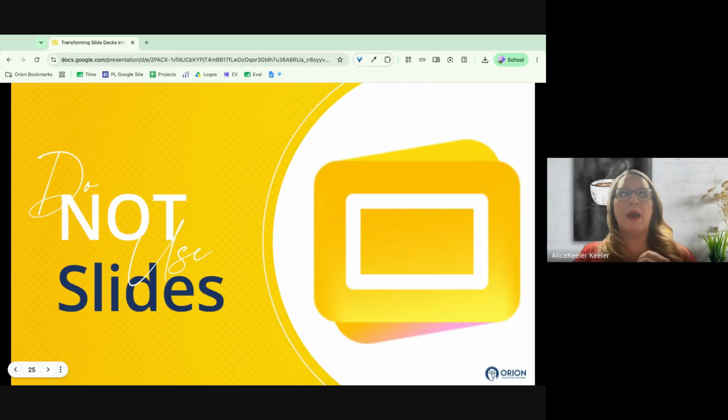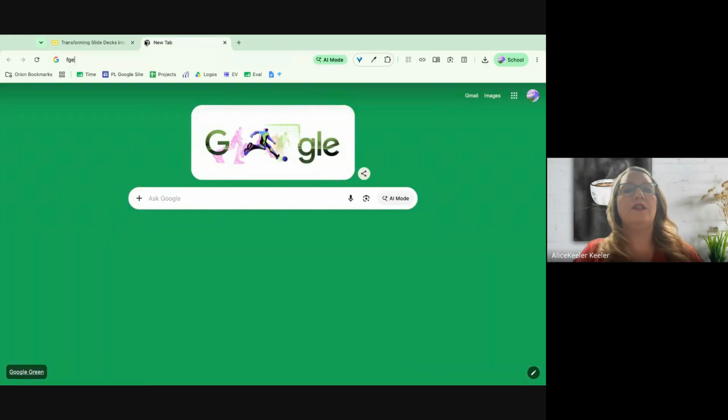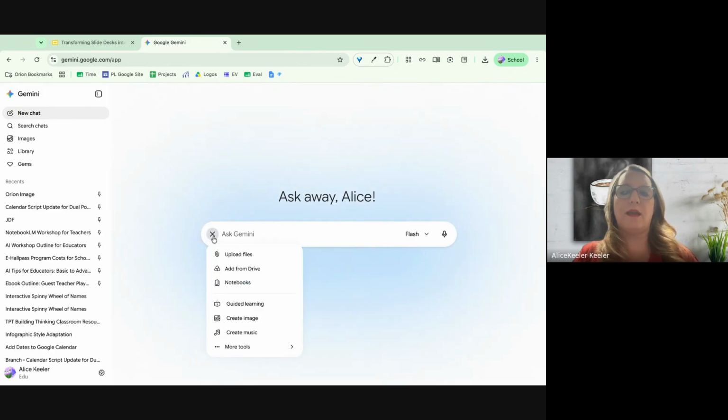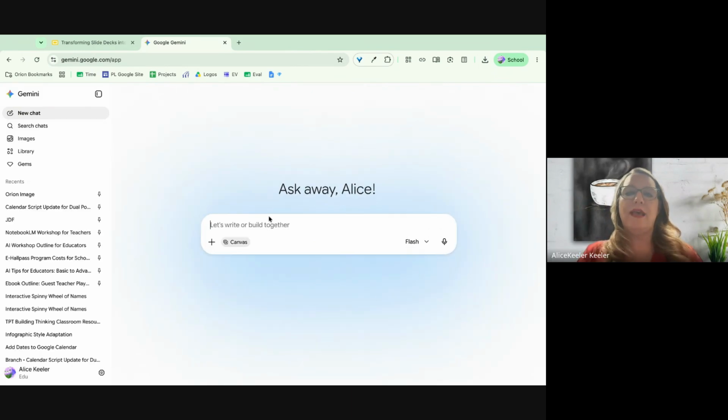One thing I was thinking about is using Google Gemini when I turn on the canvas. Let me just jump over to that. gemini.google.com, and I use the plus icon, and I choose under tools, I choose canvas, and then I create an app